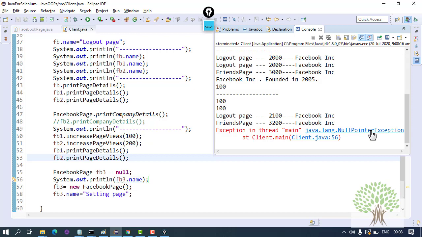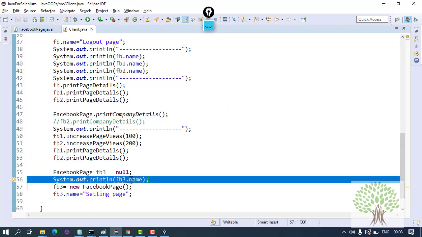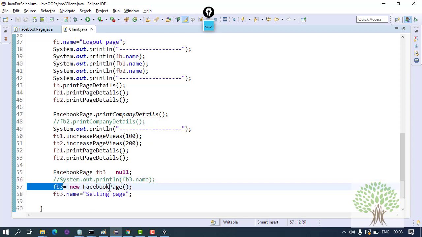Null pointer exception is a foolish mistake. It's a mistake by the developer or the tester who's writing the code. Right, you should not be getting this exception at all. It also tells you the line number on which you get this exception. You click on this line, it will get highlighted. This means that object is null. You haven't initialized the object, but you are trying to use the internal contents of the object.